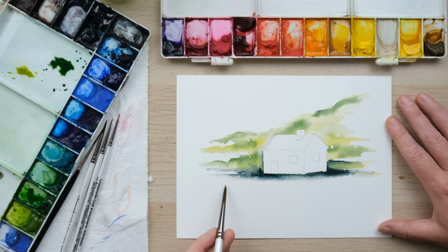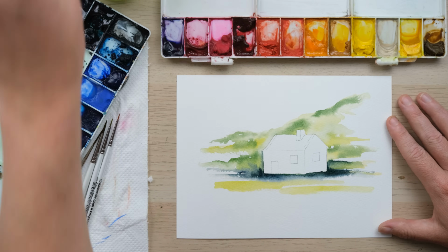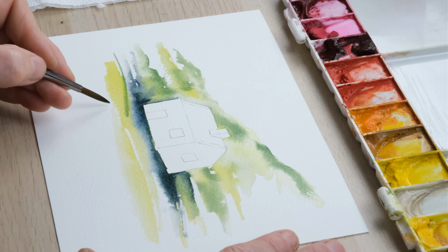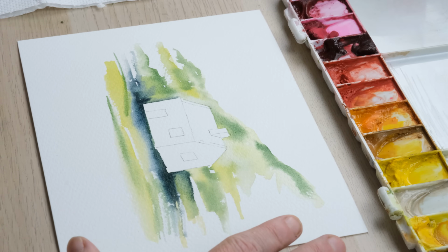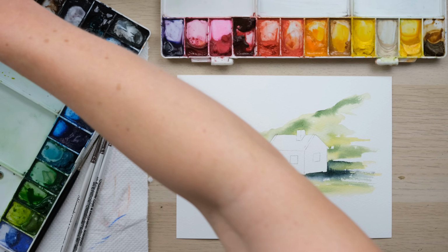And then just a little bit more Payne's grey and green gold, sorry, down in the front. Just keeping it, angling that brush low to the page and placing in a few extra swathes of the green. So you can see from doing that we've created a world in which our cottage exists, and